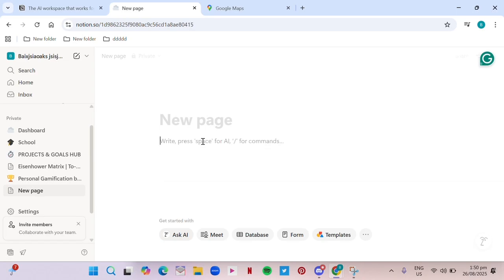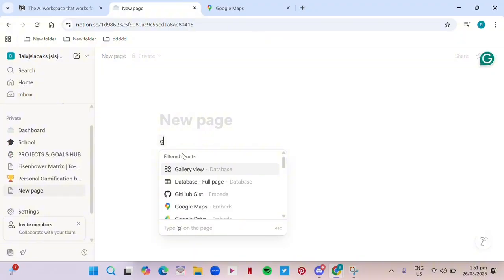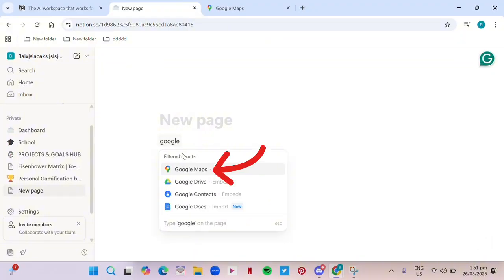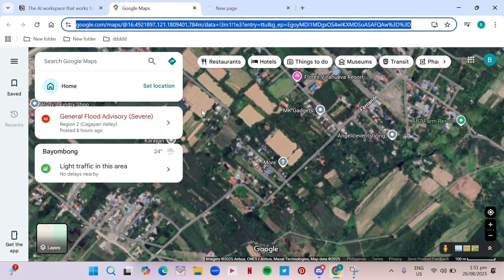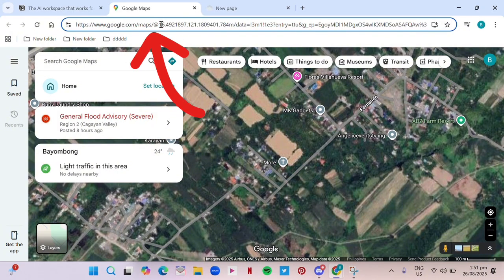Now, once you're here, click on the plus icon to add a new element. Type in Google Map, click Enter, click the Google Map, then now go to your Google Map, search for the place that you want to embed on your Notion, copy the URL,